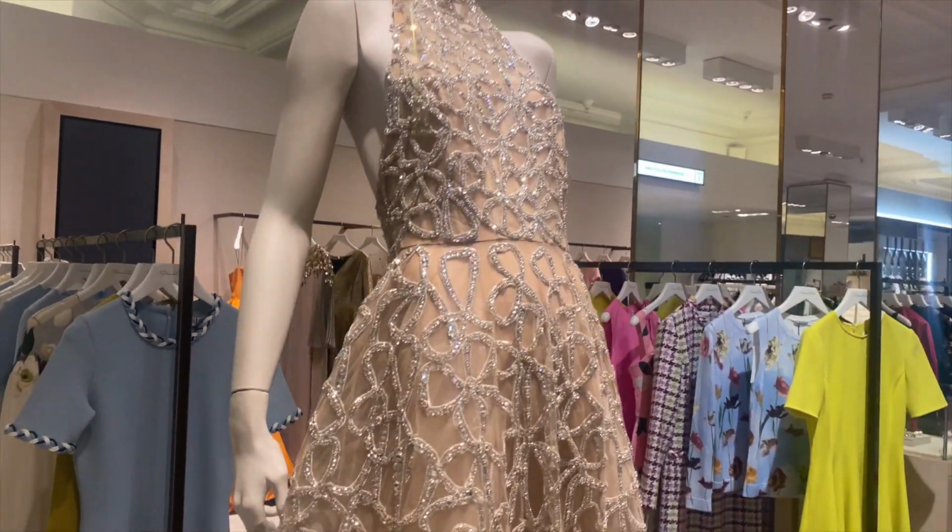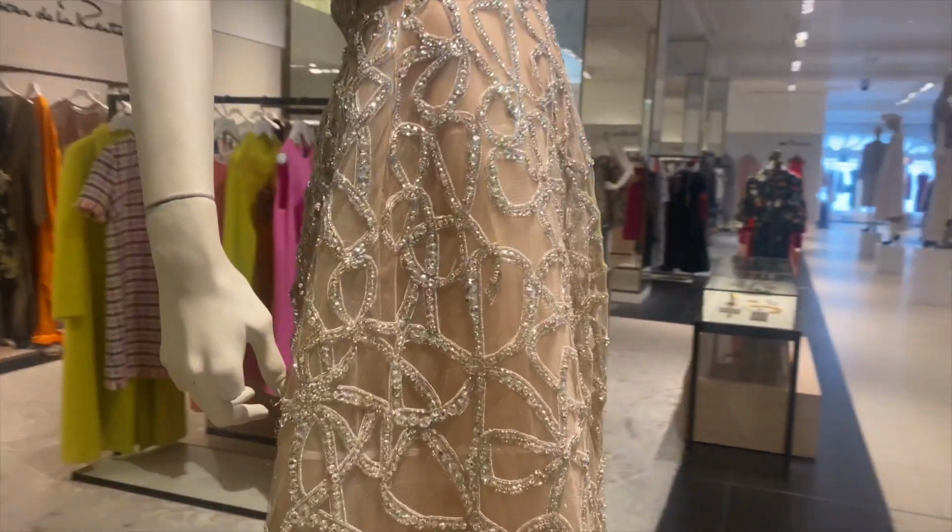Let's talk about the appearance of your clothes. There is literally an art to dressing. Please, please, please do not leave the house without ironing, steaming, or dry cleaning your clothes. It just looks so bad. It cheapens the outfit tremendously, even if you are wearing high quality clothes with natural fabrics like linen,